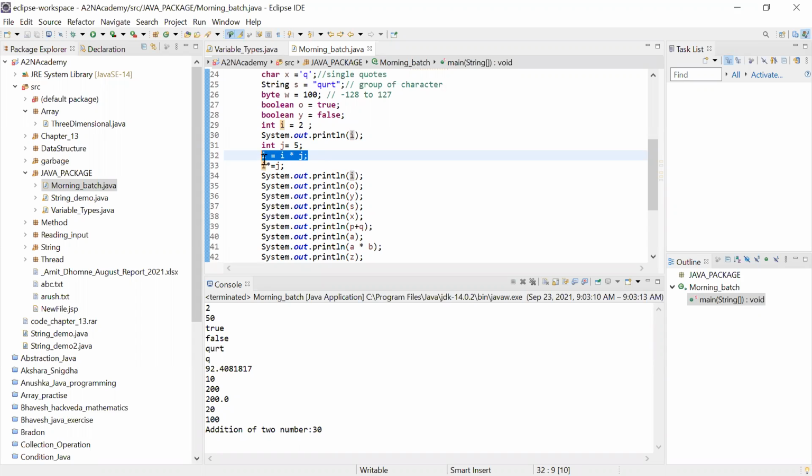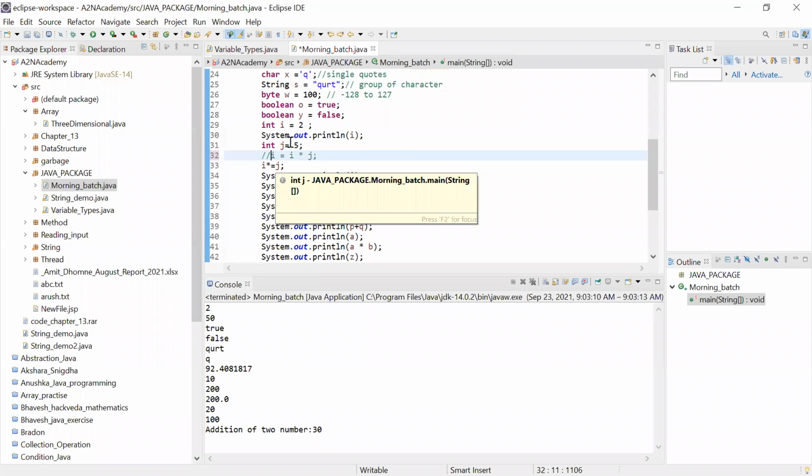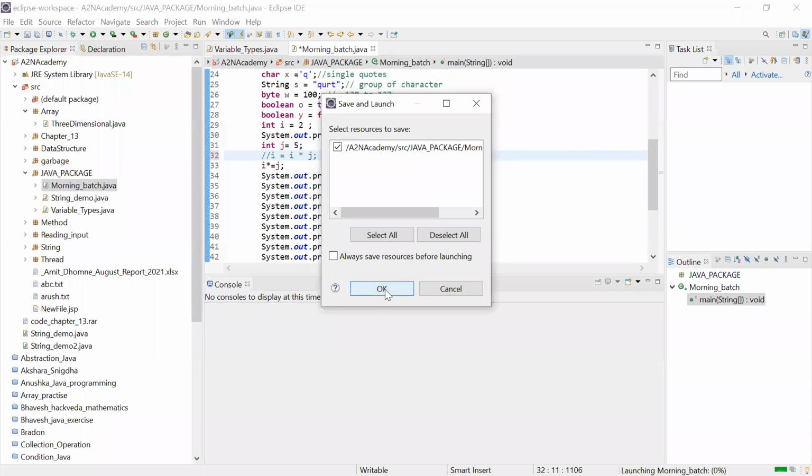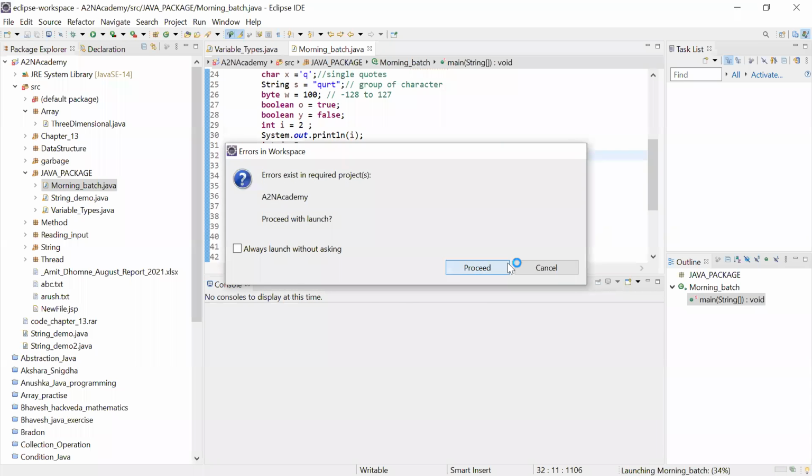This expression you can write like this also, right? So then I don't need this, I need to comment this. So once I comment this, now what happened? i value will be 2 and j value 5 will correctly multiply here. So you will get the correct value. Now when I run, you will get 10 here. And that we are getting.